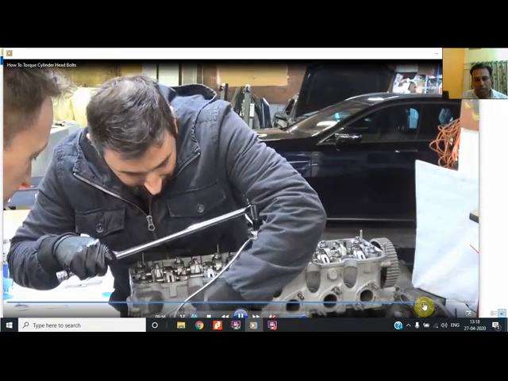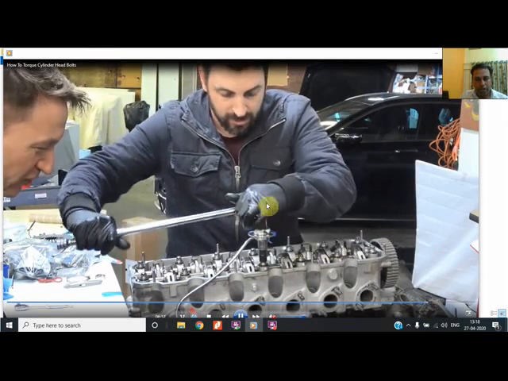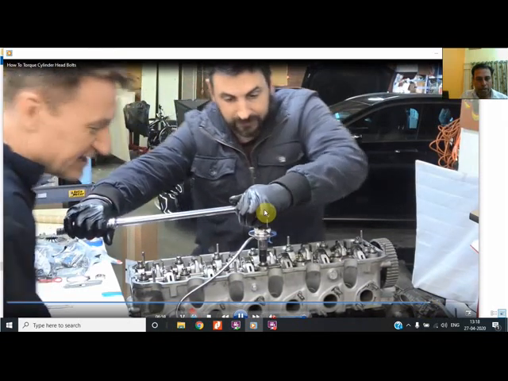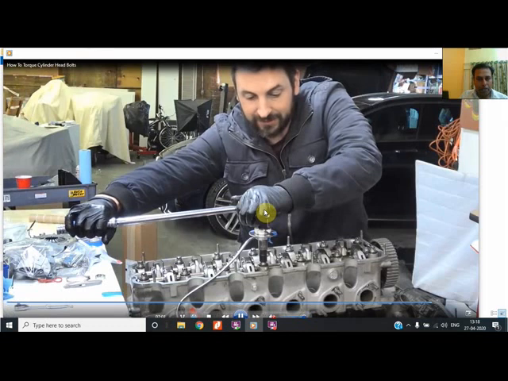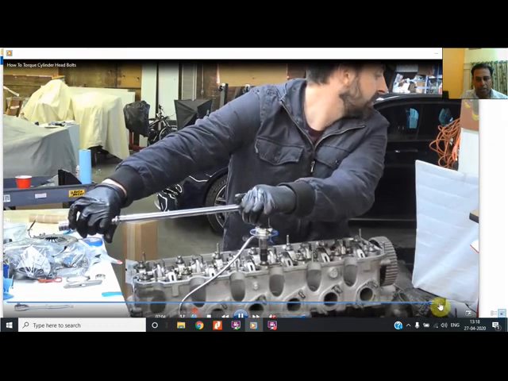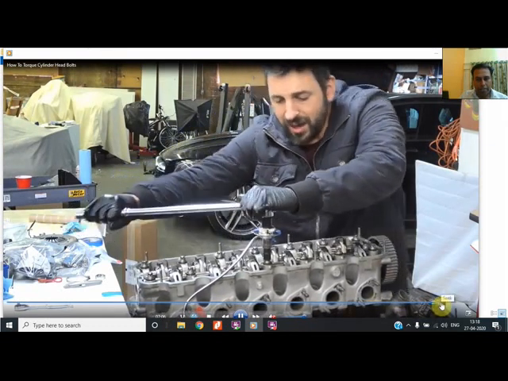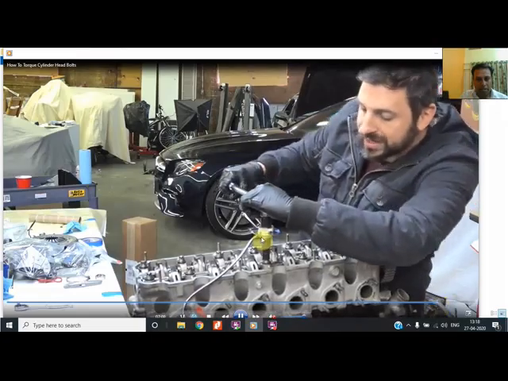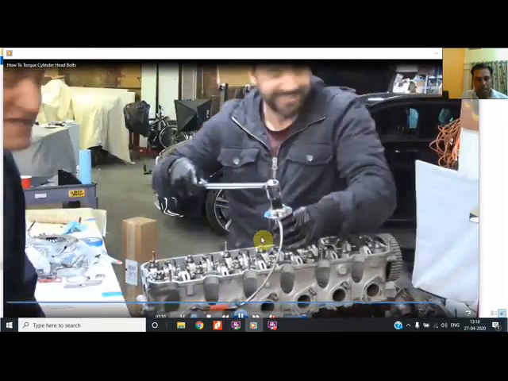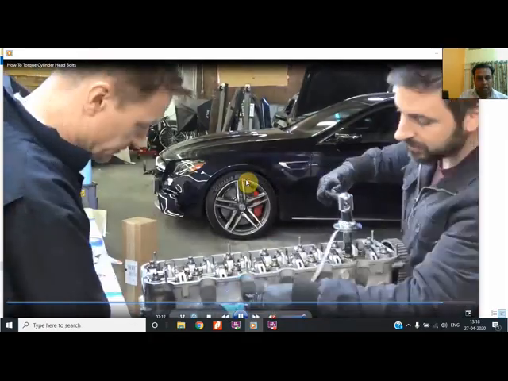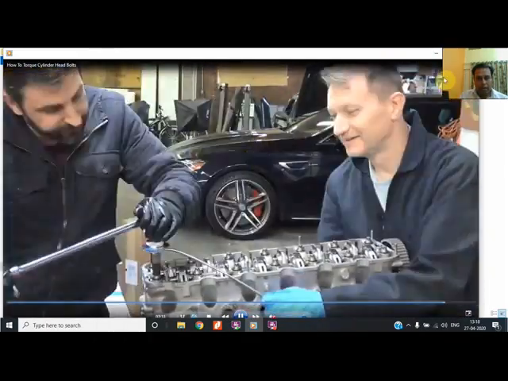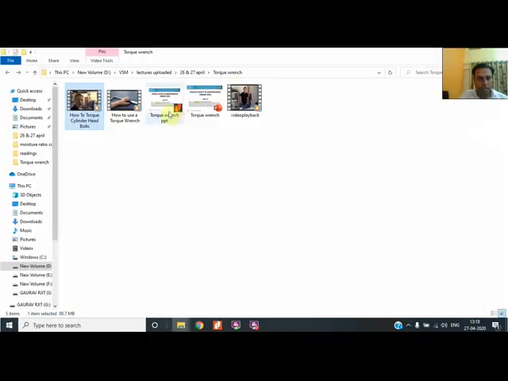So this is why two types of torque wrenches are there. One is the specified torque, another is torque given in terms of angle. Now he is giving another torque of 90 degrees, which is very hard to give, and he has given it. So this is the way the tightening is being done, and the complete video is shown over here.